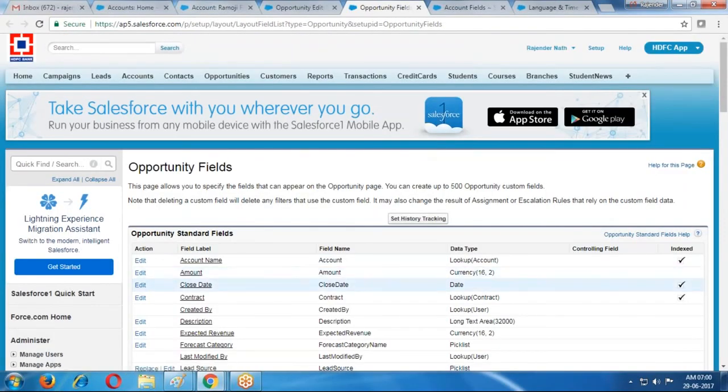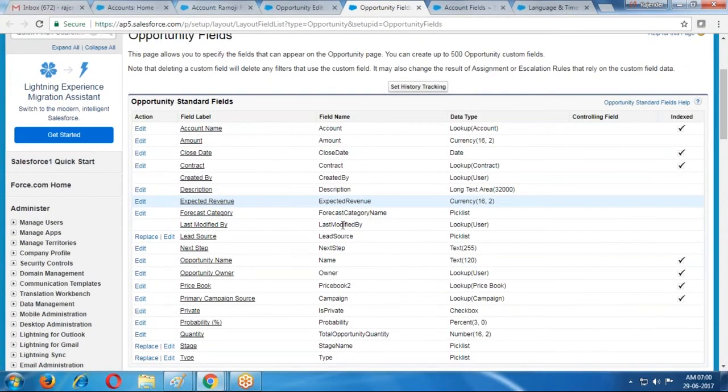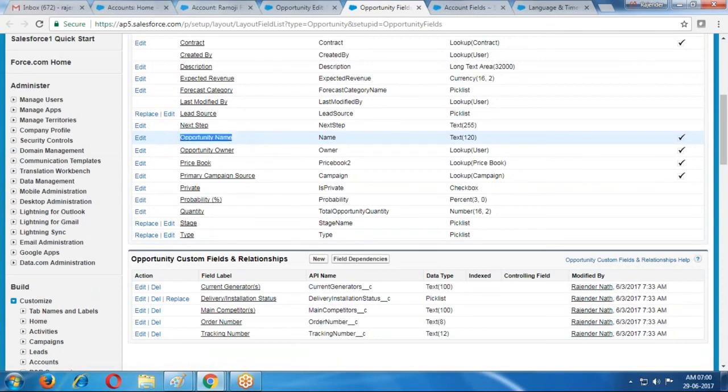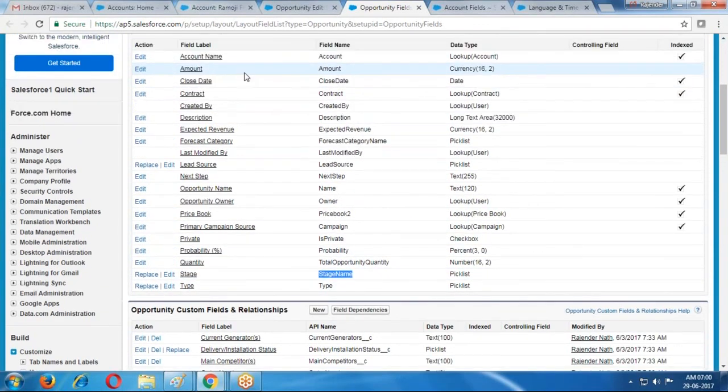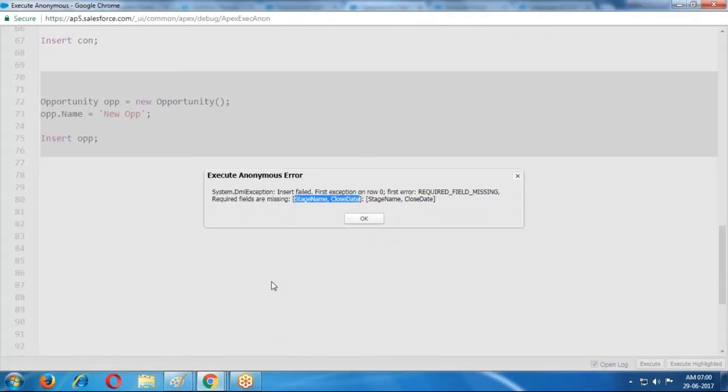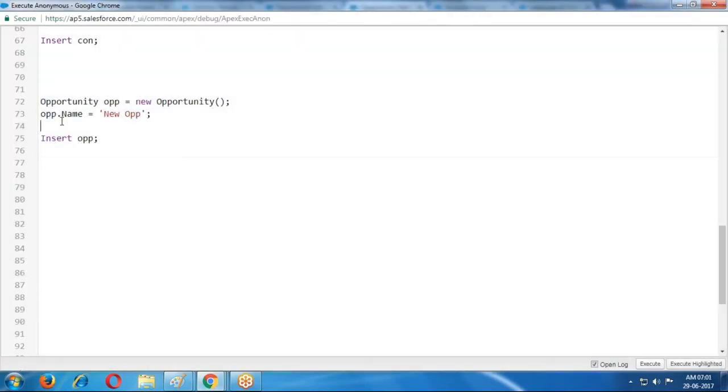If you want to observe the fields, Opportunity Name is the label and Name is the field name. For the close date, CloseDate is the field name. These field names only we use programmatically.